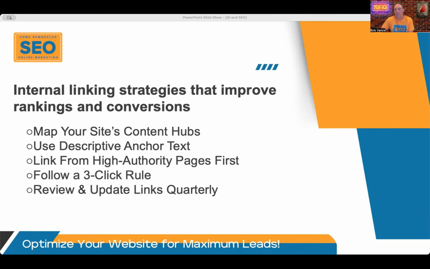And then talking about those internal links, use descriptive anchor text instead of having "click here" as a link on your page. Use a relevant keyword, like if the question says, how much does a kitchen remodel cost, and you say click here to find out. You can do that, but the anchor text is what you tell Google. What it's going to see, instead of "click here," will be "kitchen remodeling cost." And that's going to point you to the blog post with that cost breakdown, or maybe to your cost estimator that you have on your website.